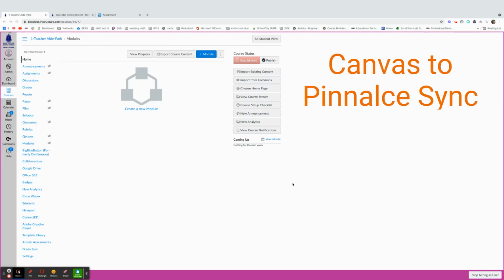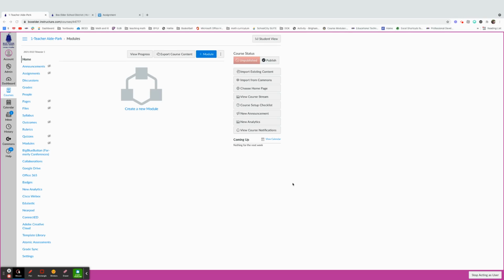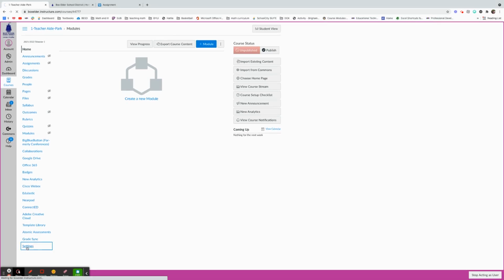We have a new feature that some of you may have seen that will sync Canvas to our gradebook. Let me show you how to do that. The first thing you need to do is in your Canvas page, you need to come to Settings, and you